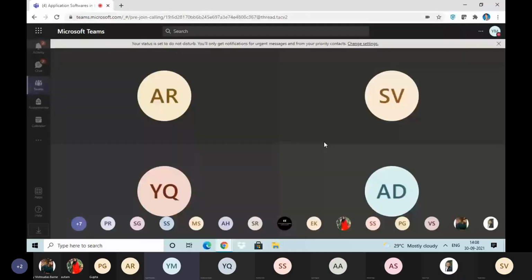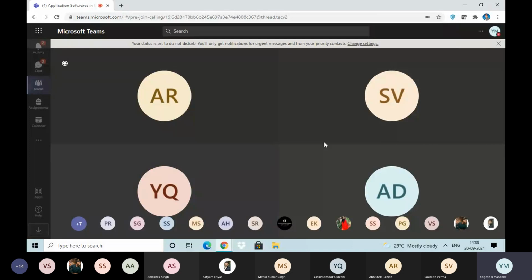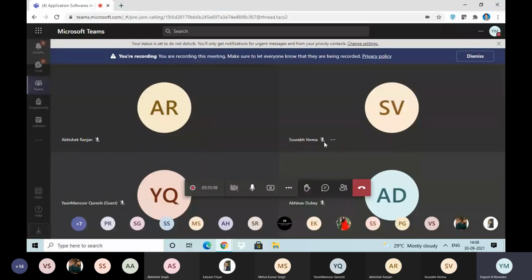So in today's session, we'll get introduced to the ANSYS Maxwell software, and as part of our curriculum, or as part of our academic part, we'll stick to the RMxprt tool.